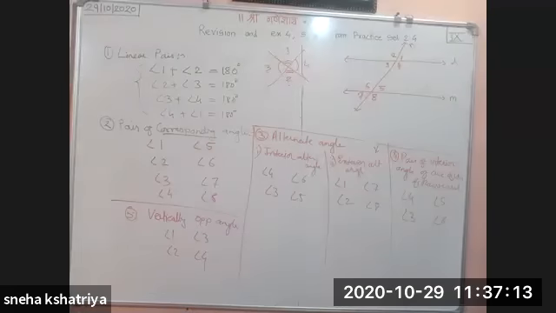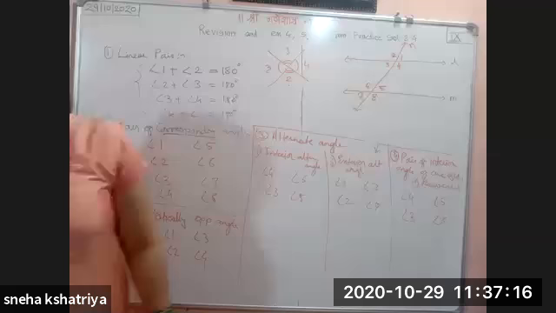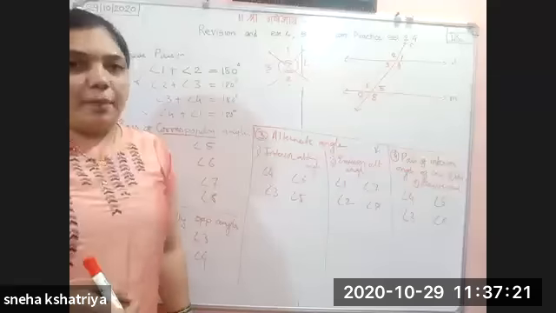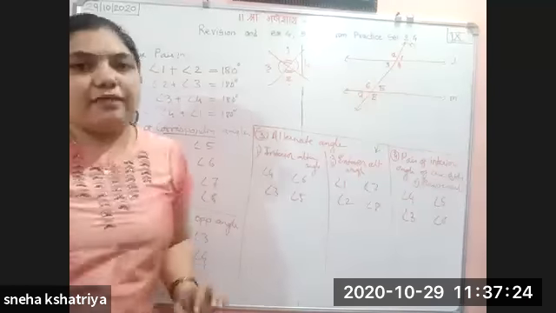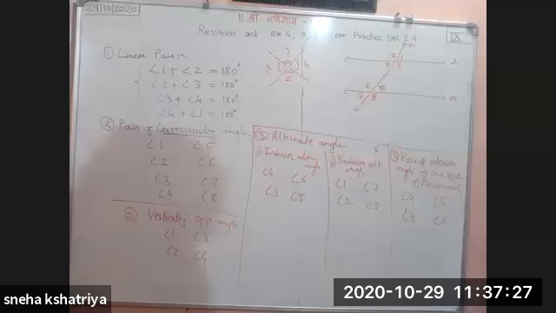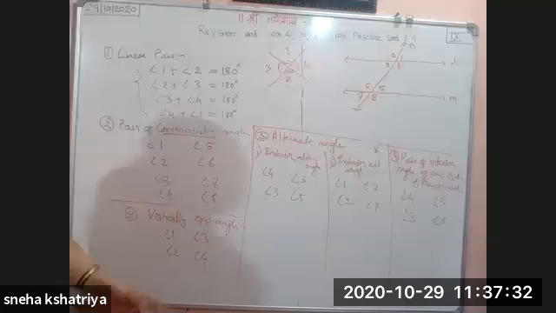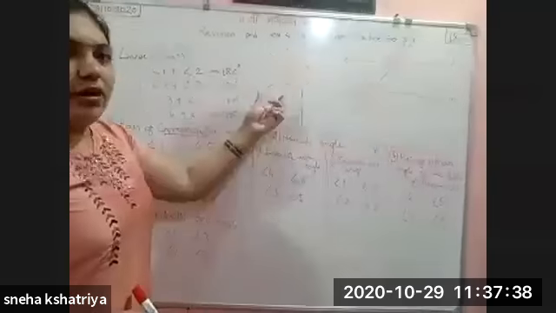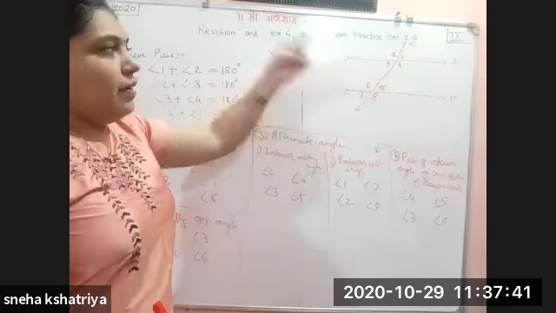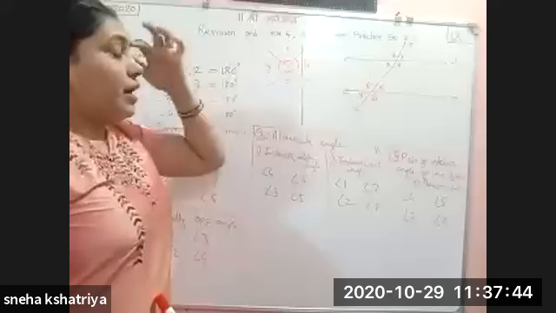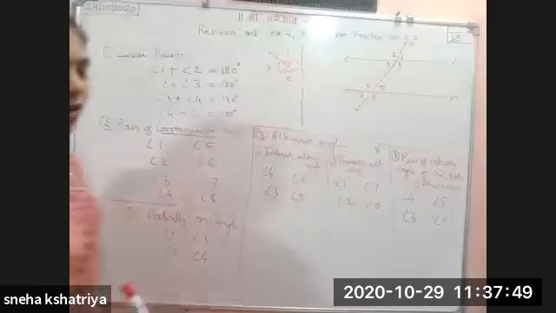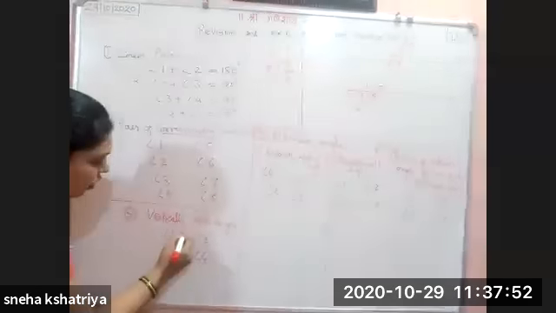So you can see on page number 13 some important properties they have given. That properties only we have to see here. What properties they have given? When two lines intersect, the pair of opposite angles formed are congruent. So what this states, simple, if they are parallel or not parallel. If two lines intersect, then whatever vertically opposite angles are formed, they are congruent. So this first becomes congruent.